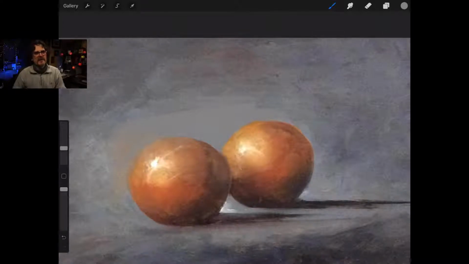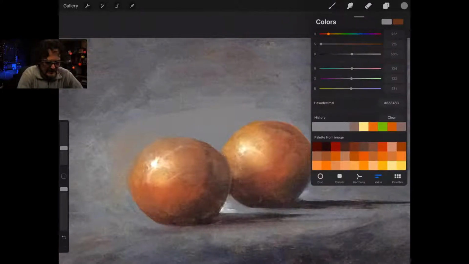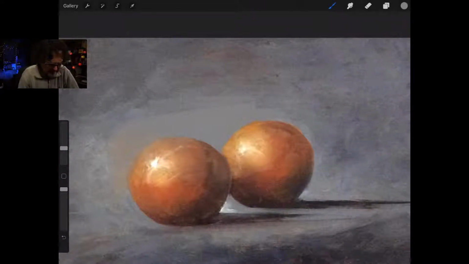Okay, I'm not sure if anybody got that, but I'm going to go over it one more time because it's huge. Instead of going blue in the gray, I switched it over to orange, but it's nearly completely gray. So how would you do that if you're doing just black and white?